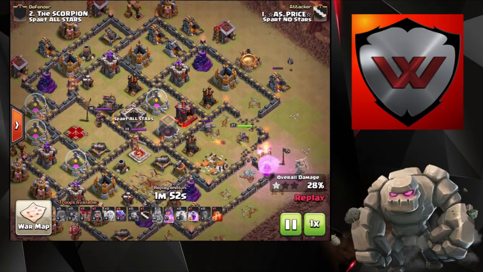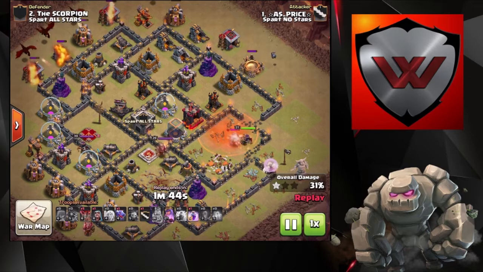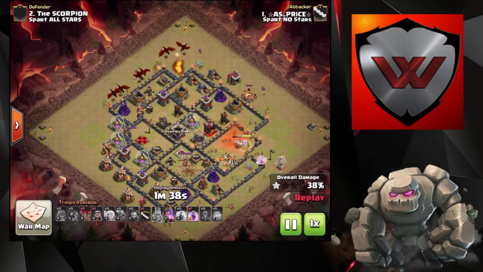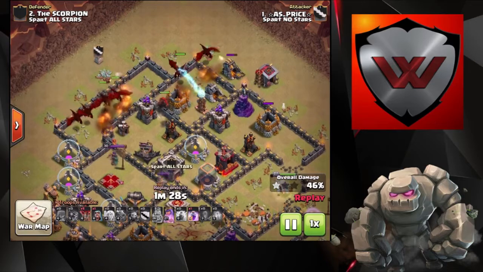So he's going to lose a healer or 2 to the air defenses, but the air defense goes down right before she targets the golem. So she's going to work on the golem, and in the meantime, from the northwest of the base, here come the dragons. So they're going to push in, and he's got those balloons in the back to help with the air defenses. Here comes a lava hound out of the CC, and it's going to tank this air defense as